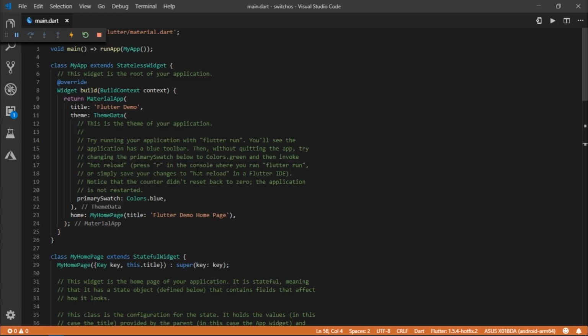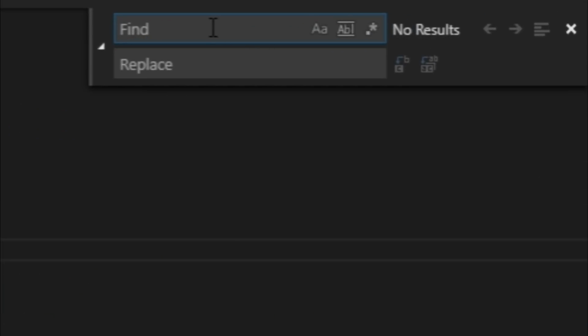Okay, enough of this theory. Let's go back to VS Code. So first of all, I'm going to remove all these comments. Therefore, I'm going to press Ctrl H. And then over here, first I'm going to enable this regex option, and then I'm going to write //